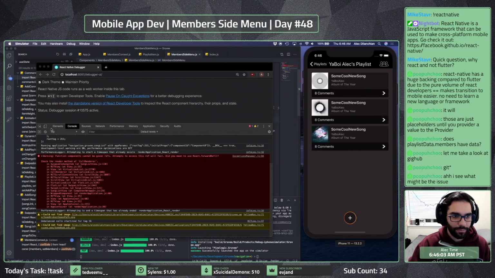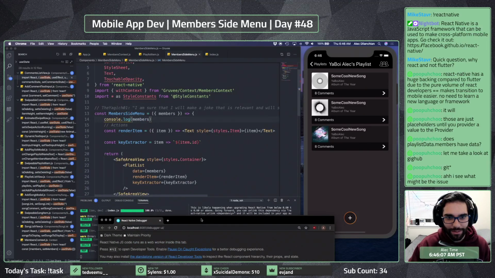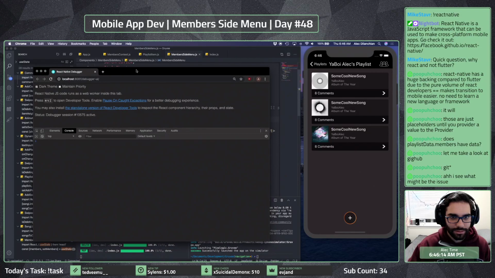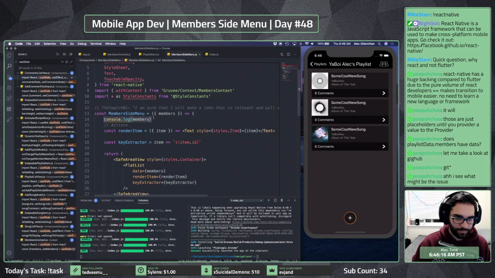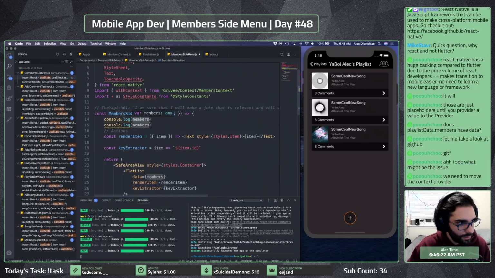I forgot where I put my log statement. Oh, member side menu. I see what might be the issue. You need the context provider.